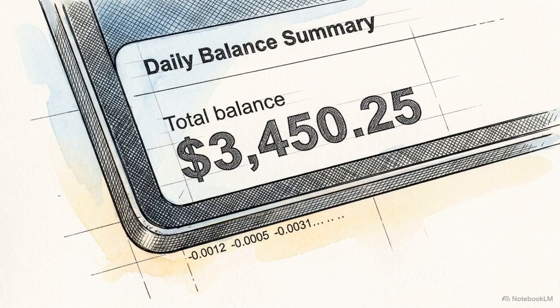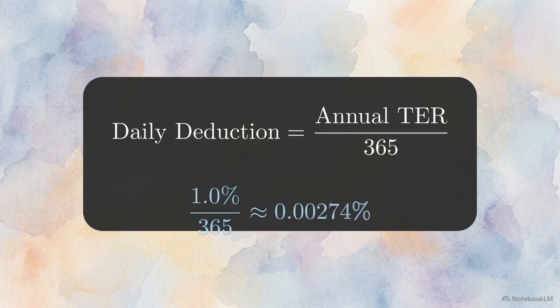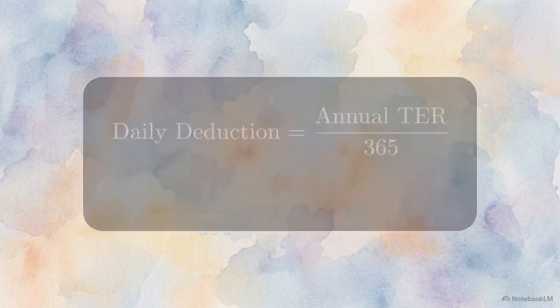It operates as a constant, invisible tax against your total accumulated market value. This equation shows exactly how asset management companies calculate their daily cut. They take the annual total expense ratio and divide it by 365 days. If we run a micro example using a standard 1 lakh rupee portfolio operating under a 1% TER, the daily